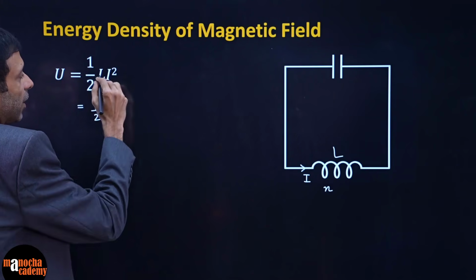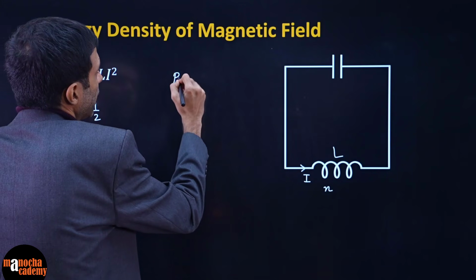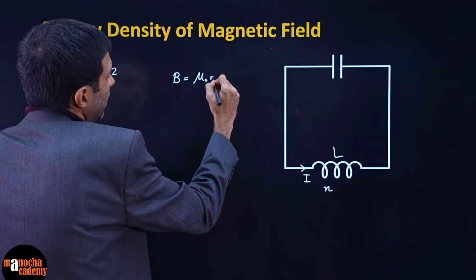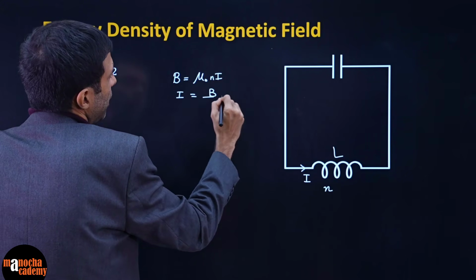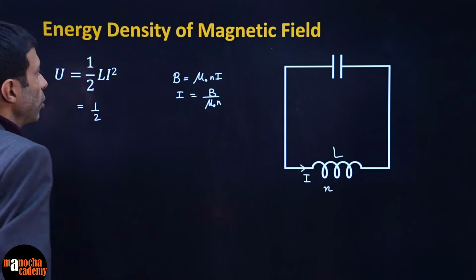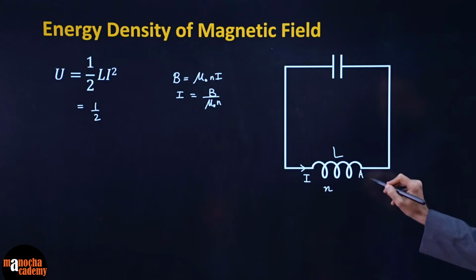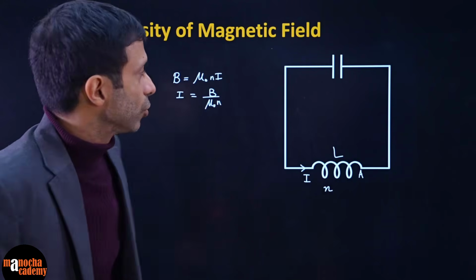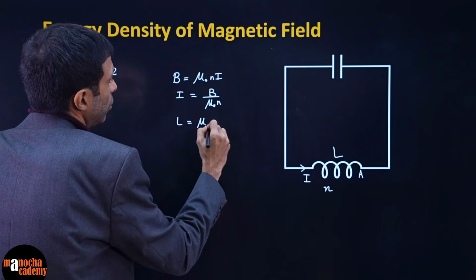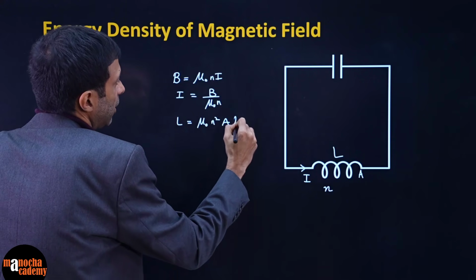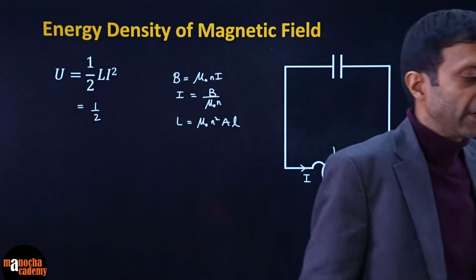Can you tell me the formula of inductance? And in the same way, what is the formula of the magnetic field? Magnetic field in a solenoid, remember, mu naught N I. So current can be written as B by mu naught N. That all of you remember. What about L? Let's say it has cross section area A or pi r square. I think I remember the L formula: inductance was mu naught N square A times L. Please check. That is the inductance of a solenoidal shape like that.